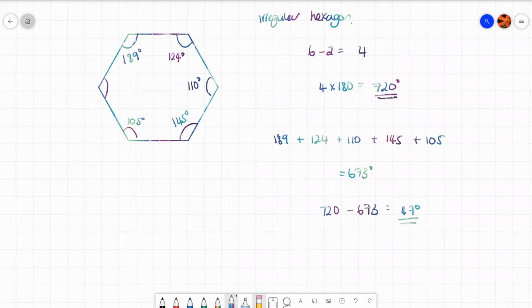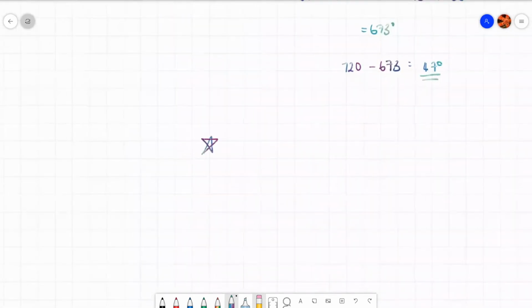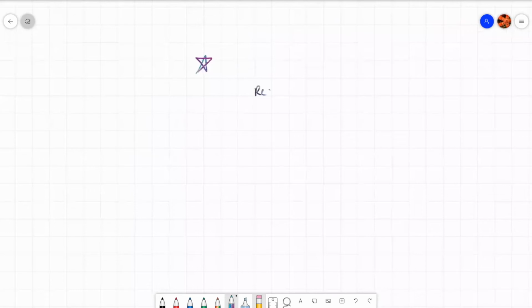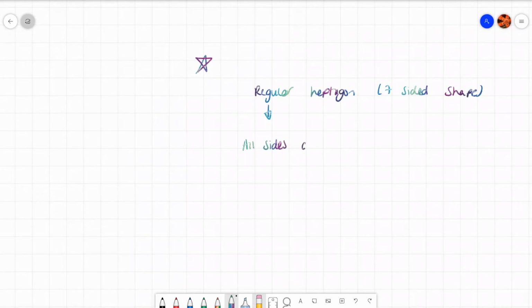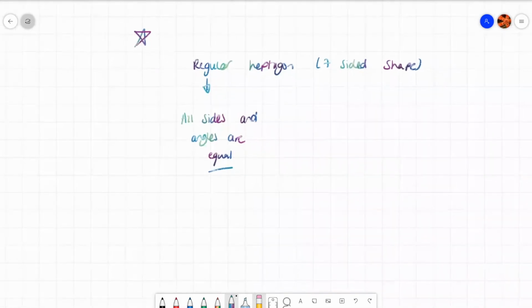Okay, so these are the types of examples that you can have when looking at sum of interior angles. Obviously, we know what the angles total up to, and we can use this information to work out the missing angles. Just a little bit of a different type of question. Let's say I've got a regular heptagon, which is a 7-sided shape. Regular means all sides and angles are equal. And we're going to work out what all the angles add up to in a 7-sided shape and what